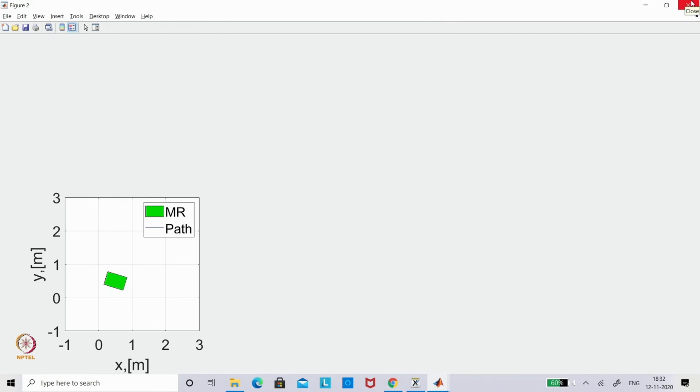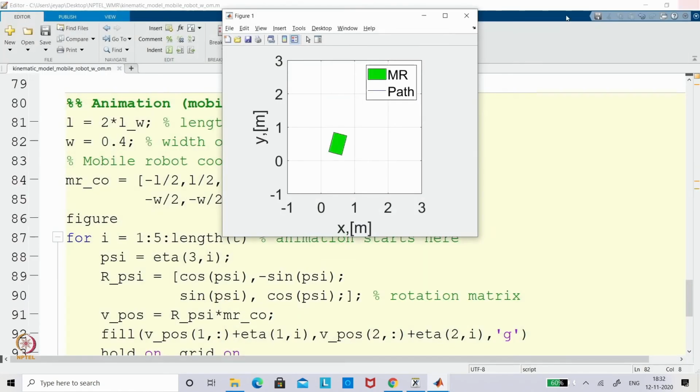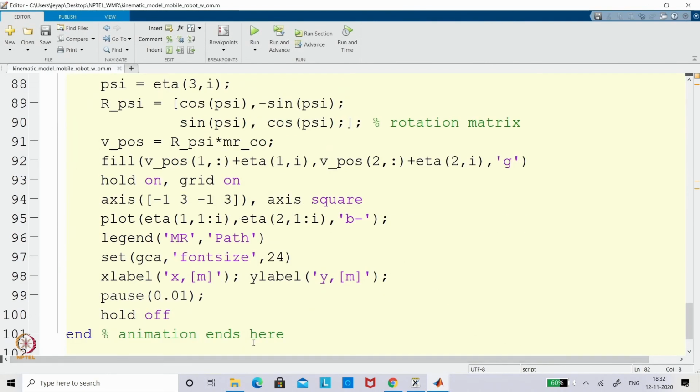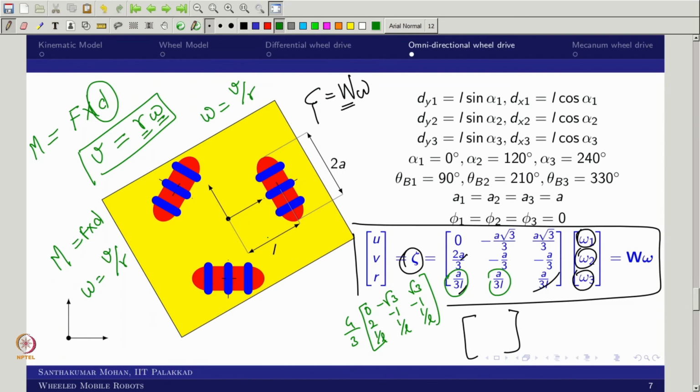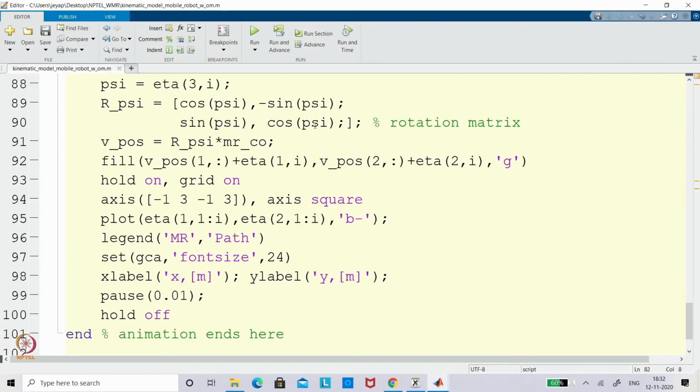Okay. So now you can see it keeps on going because we have run for 100 seconds. But now, if you want it to move forward, what can one expect by looking at this configuration? The first wheel, whatever angular velocity I give, will try to move in the lateral direction. If you take the second and third in the opposite direction with the same velocity, you can see that it is moving forward. So just to understand that, I'll make it for that.